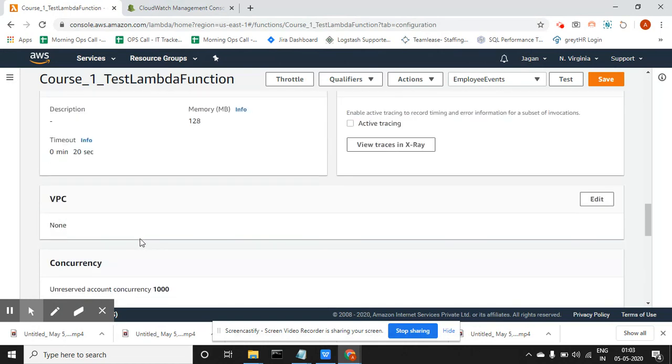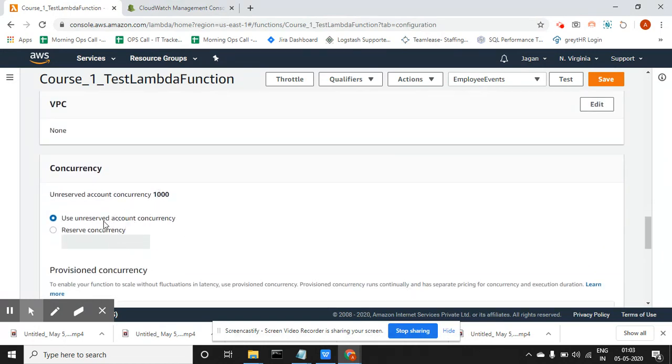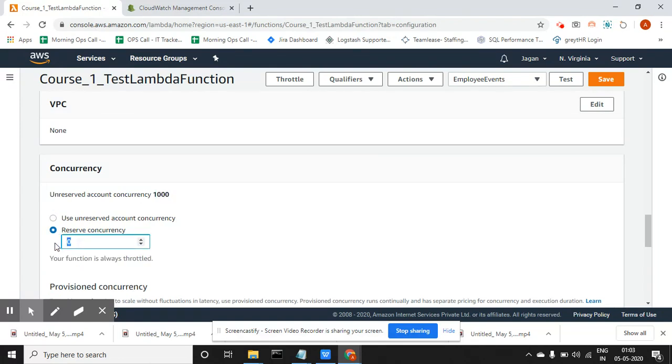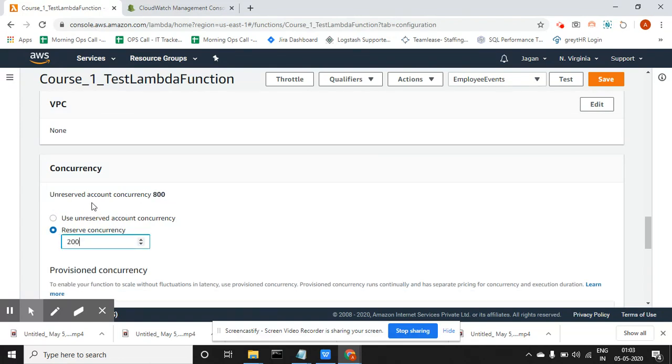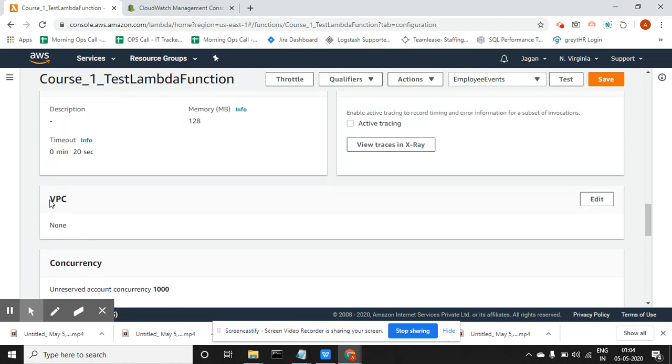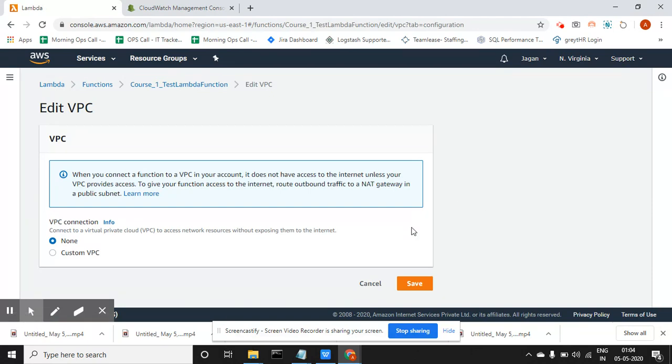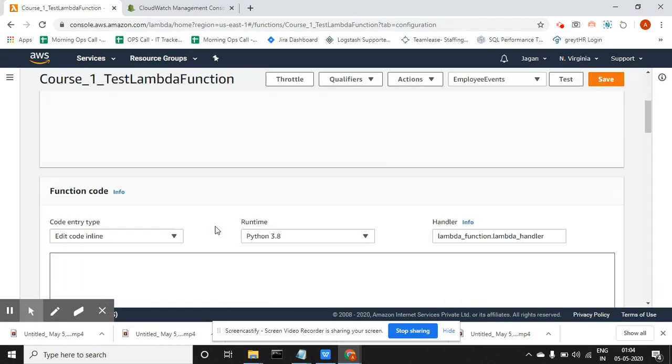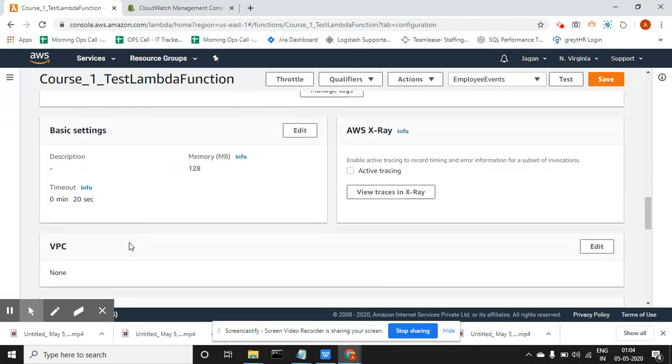So if you come here, I have a concurrency. So till now I have 200. I can reserve 200, which means I can't use it, so the remaining 800 only you can use. Okay. So this is like parallel thread operations, so I'll use it for concurrency. I told you no VPC. So still my Lambda function doesn't have a VPC. I have not created any VPC, so it's showing here. Okay. Cancel. And next one is